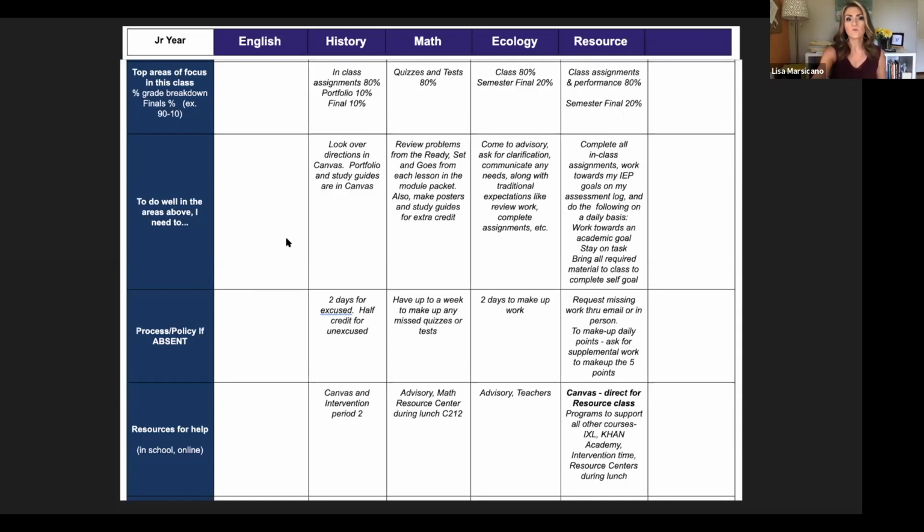The next one, to do well in this class. So you kind of now have met the teacher as you're filling in the chart. You know the content. You know what your strengths and weaknesses are or areas where you need to improve. What's it going to take for you? If it's a class on speaking, you're taking a speech class, or it's a writing class, and you struggle in those areas, we've got to really start talking about, for you personally, what is it going to take to be successful? And that's going to be key.